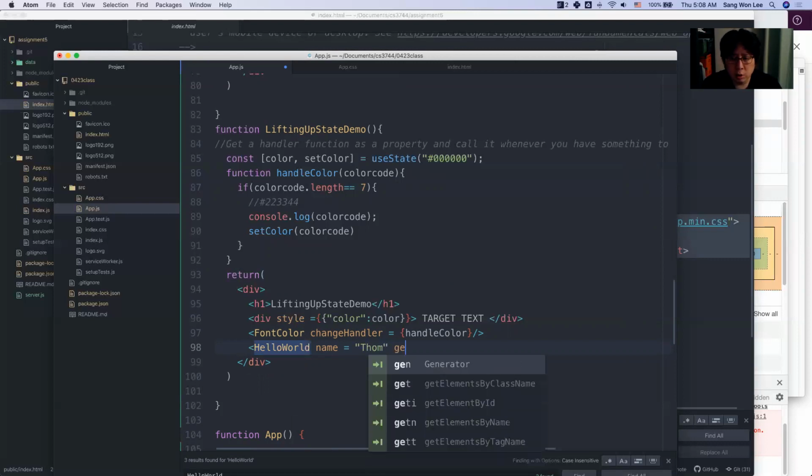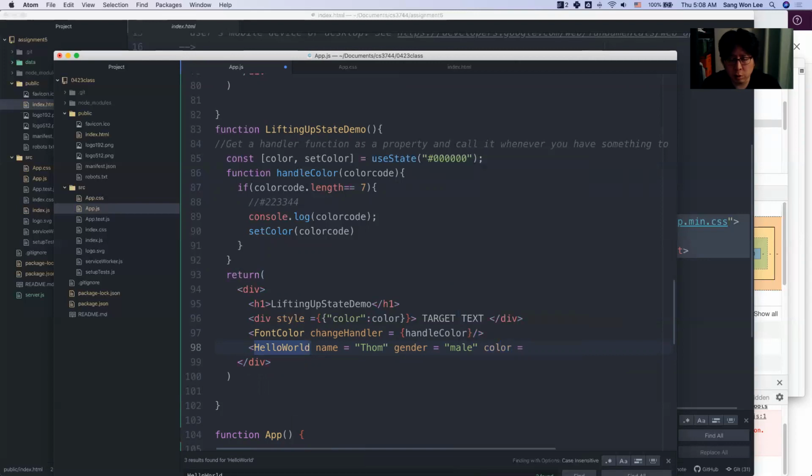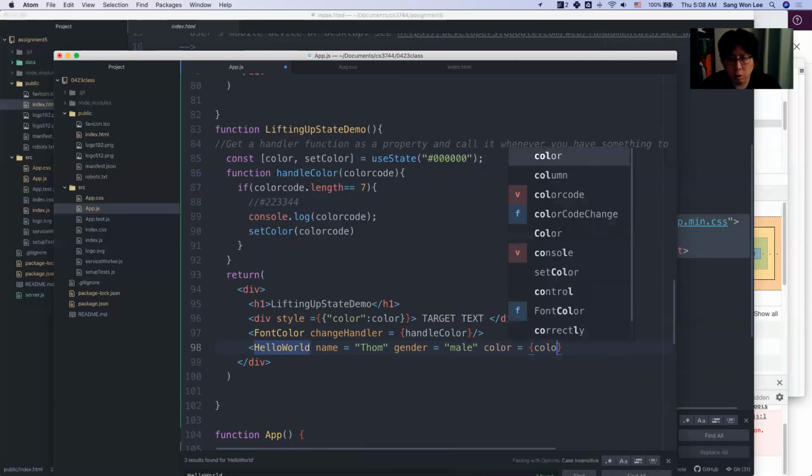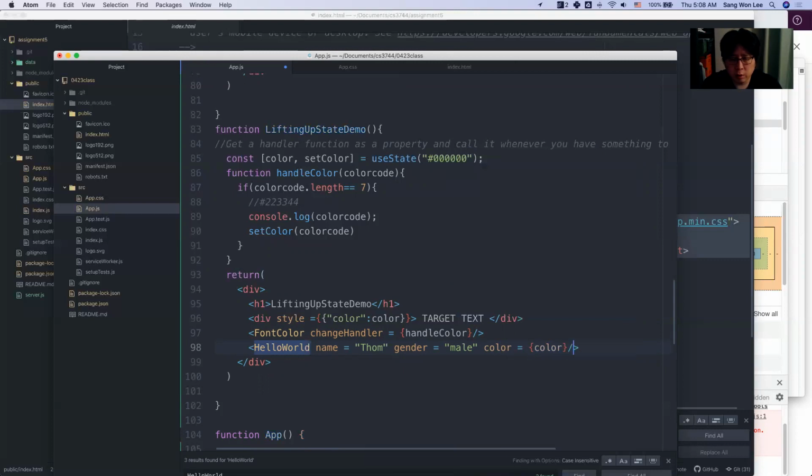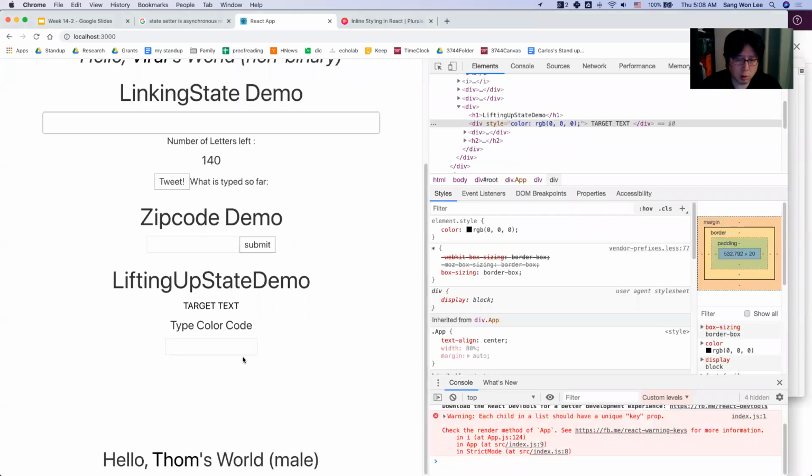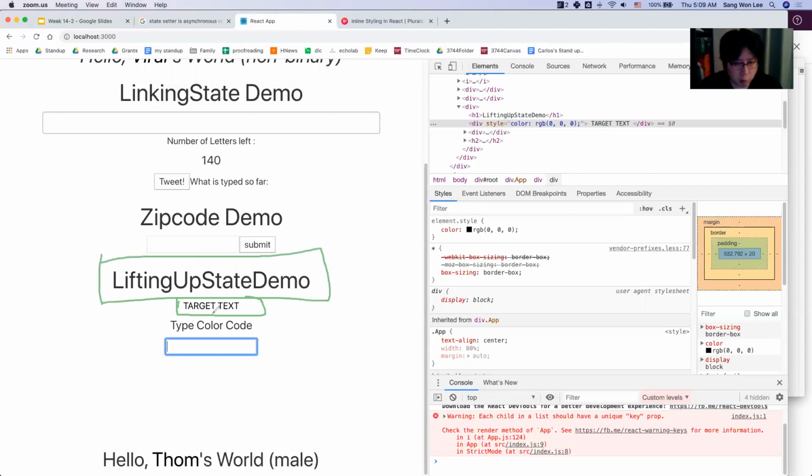And gender is gonna be male. And then color is gonna be color. If I do that, now this guy, well, there's like, let me, very slightly went out over time, but this guy is the parent, and this is the parent element,